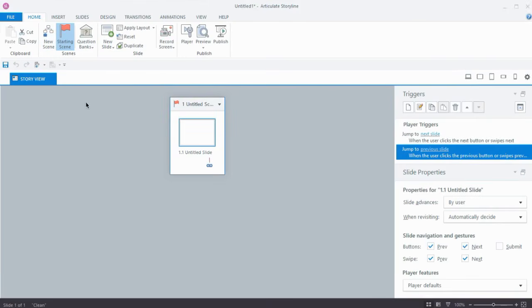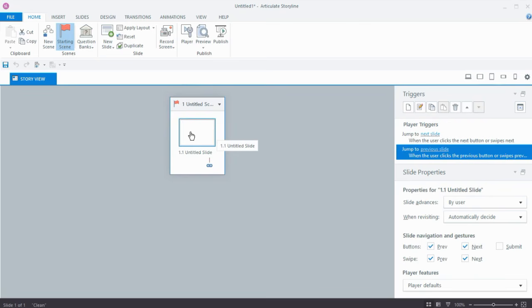When you first open a course, you will be inside a story view. And a story view is going to provide complete overview of your project. It shows the flow and the structure of the screens and allows you to manage the overall layout of the course. In Storyline, scenes are just a collection of slides. So this is scene 1. It really doesn't matter how you use the scenes. You can use them in a number of ways. And then inside the scene, I have a blank slide.